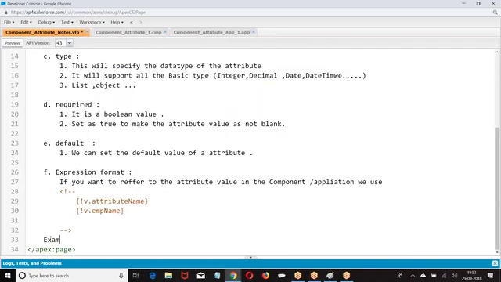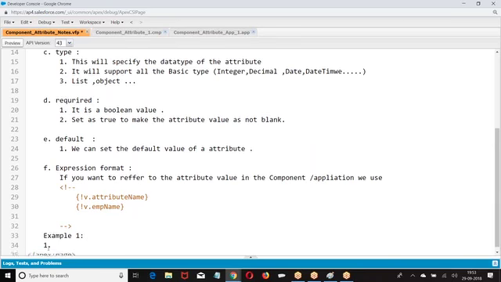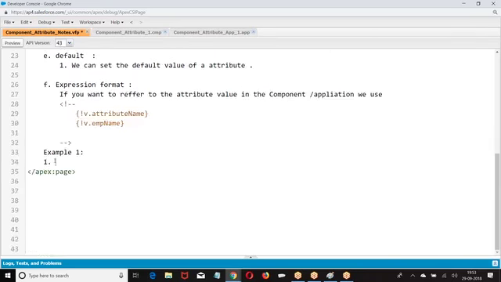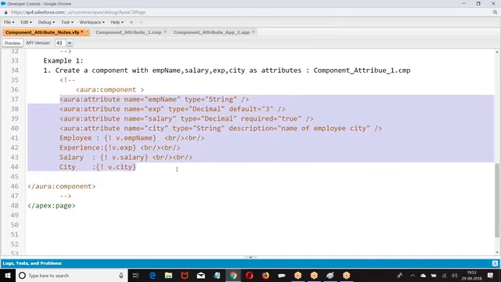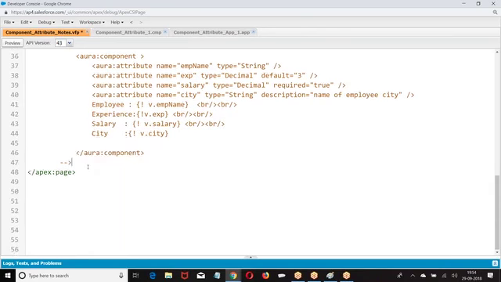Let us do one example. Create an application.